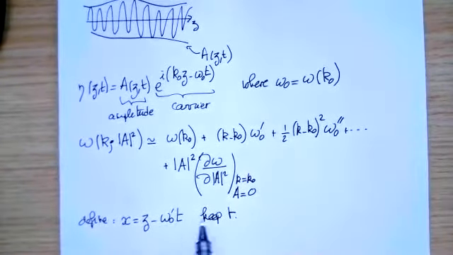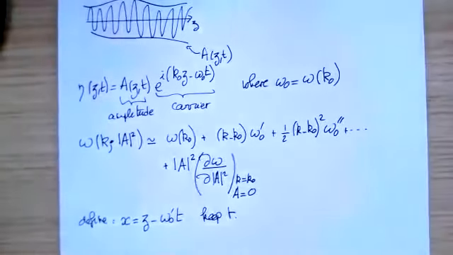One changes the coordinate frame to go to a moving frame, which moves at velocity omega naught prime, which is the group velocity, actually. And if one does that, let me check my notes,